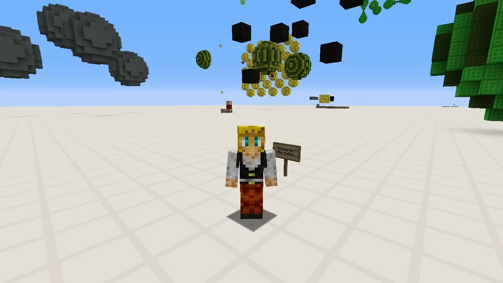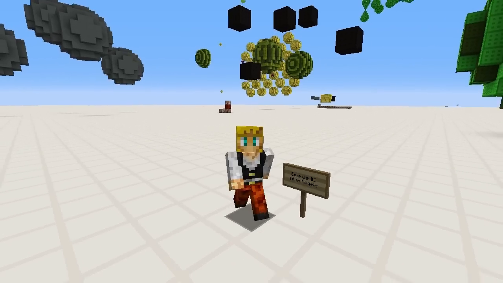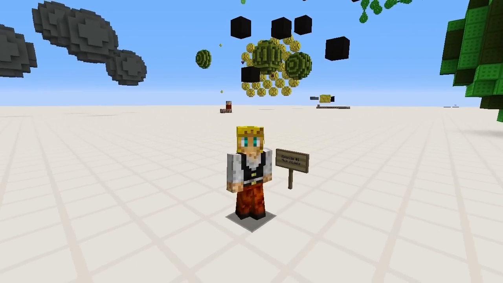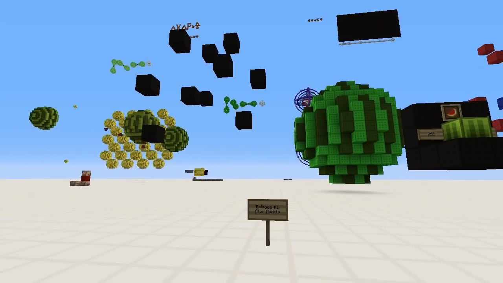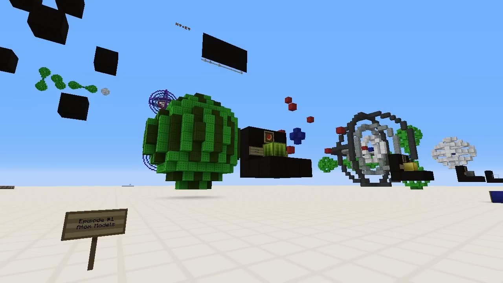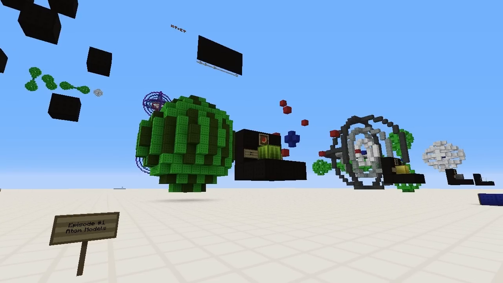about atom models. So today I want to talk a little bit about what happened, how I had all the ideas and how I built all the stuff and how I did some of the animations that were in the video. But first of all, let's quickly talk about the initial idea for this Minecraft video, which I had over